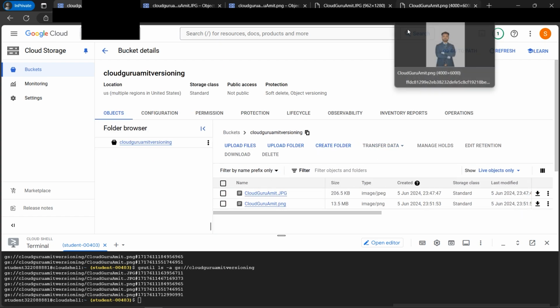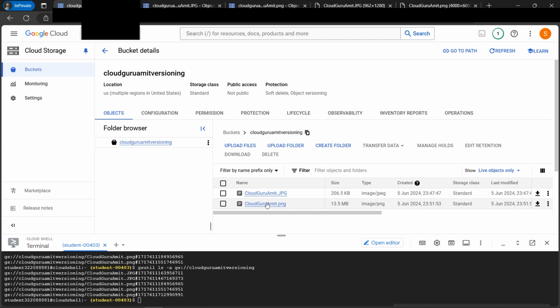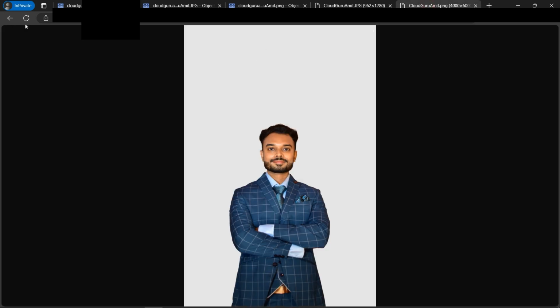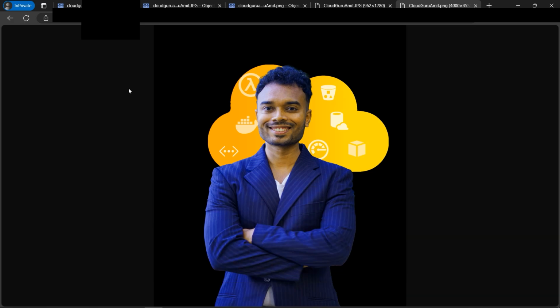All right. So since we have restored the new PNG back, let's check whether the versioning concept works or not. Let's click the magic button, refresh, and check whether we can restore the deleted object or not. Yes, it loads successfully, and we have successfully